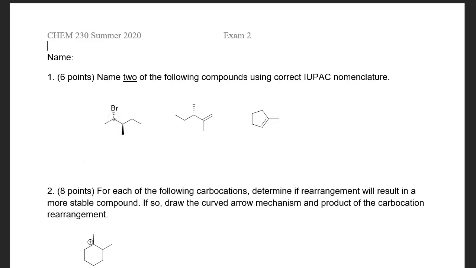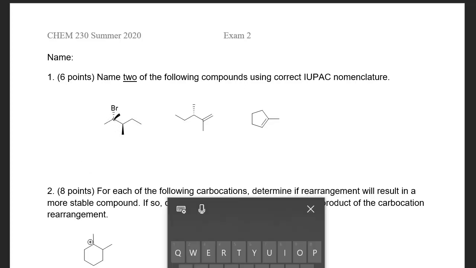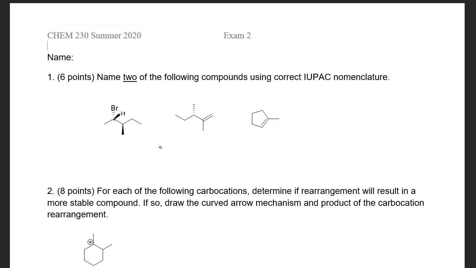So we have a hydrogen as a wedge right there, and we have a hydrogen as a dash right there. So for the first one, bromine ranks first, the chain is second, the methyl is third. So this has a clockwise rotation, but the 4th ranked hydrogen is in front. So again, we have a clockwise rotation, which would be R, but this is actually an S stereocenter. So this is going to be 2S, and then for the 3rd carbon,